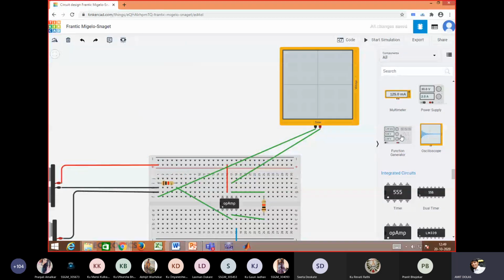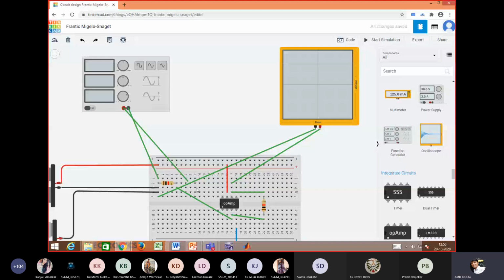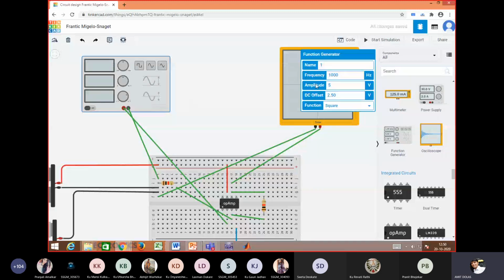So I'll again bring the function generator into the picture and connect negative to ground and positive to pin number 2, and I'll set the amplitude sine wave to 10 volt and 5 DC offset.